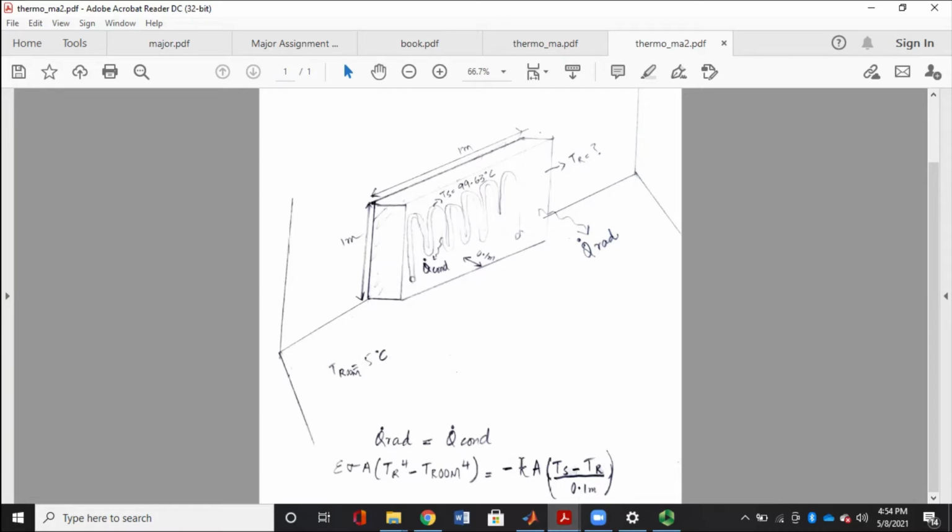And this is the Q conduction, where Ts is basically the temperature of the steam, which is 99.63 and remains constant, while Tr is again to be found. So in this equation, Tr is an unknown, while the other constants will be found as shown in the code, and we'll find Tr from this equation. So let's see how we have done that.